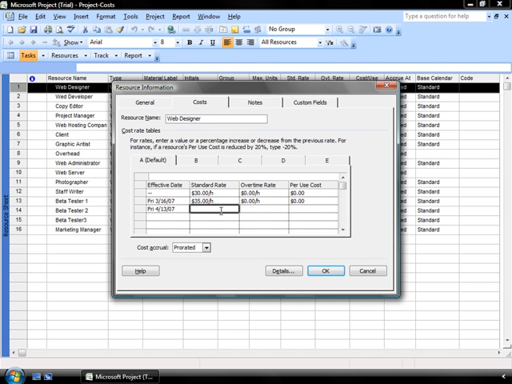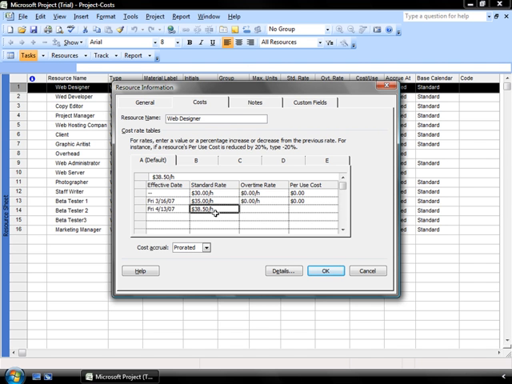So I put my effective date as the 13th of April. Instead of trying to do the calculation myself that the rates are going up by 10%, all I need to do is type in plus 10%, click my checkbox, and the application automatically calculates the new effective rate with a 10% increase.